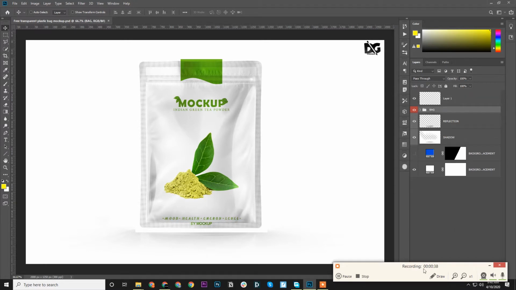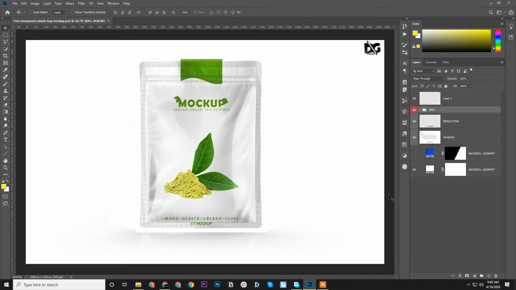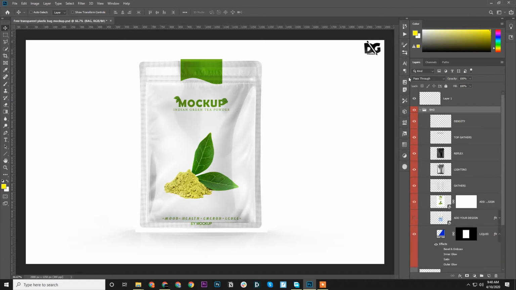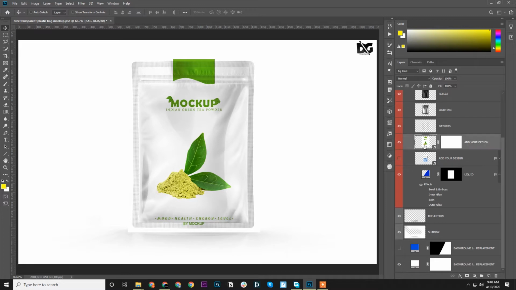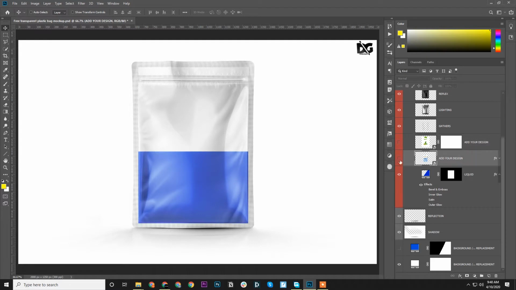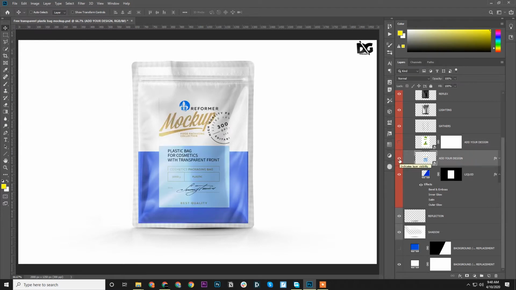So where we are supposed to change the design, if you open the layers, there must be a smart object layer. Okay. So this one is the smart object layer where we can change our design, and we also have another smart object layer. You see, it says add your design here.